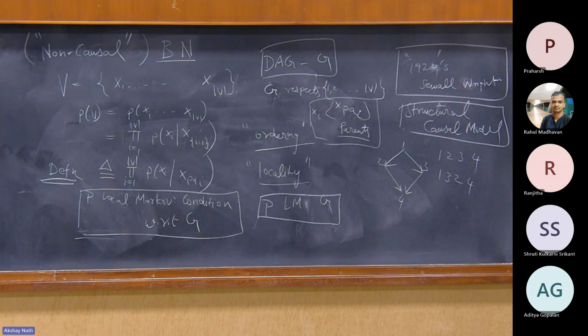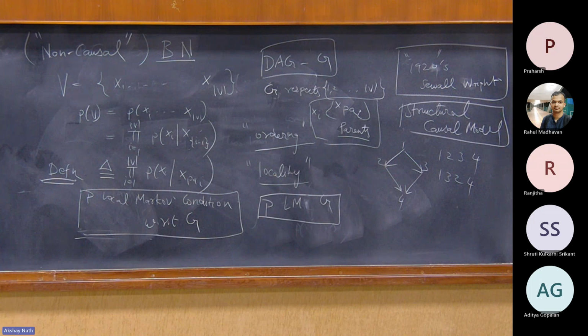By the way, one cannot be a parent of the other because I excluded all the directed paths, right? So suppose this doesn't exist and this doesn't exist. This is automatically true. You just have to apply this principle twice in the appropriate direction, because once you condition on the parents, they are independent of everything else. So this guy is protected from every other non-descendant, and this guy is protected from every other non-descendant. There's no way they can talk to each other, right? So Reichenbach's principle is implied over here.